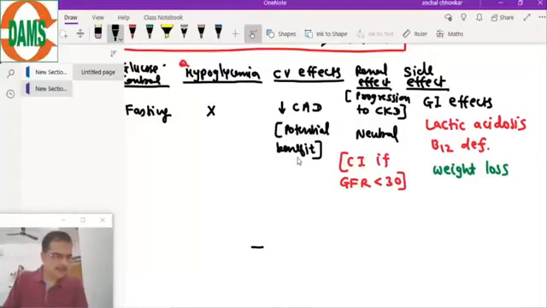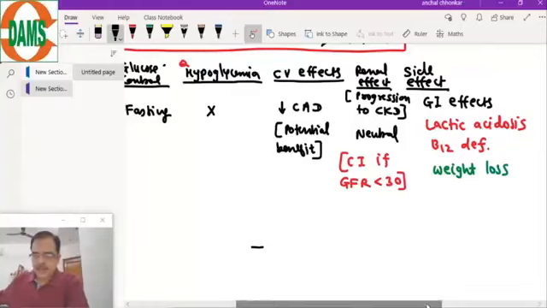Potential benefit. Dose. Maximum dose is 2 grams. As I have told you, 2000 milligram is the maximum dose, 2 grams per day. Now coming to the next drug,